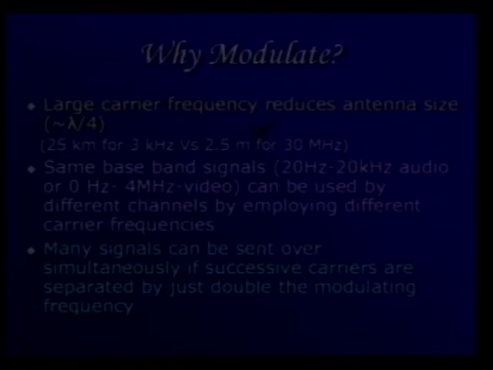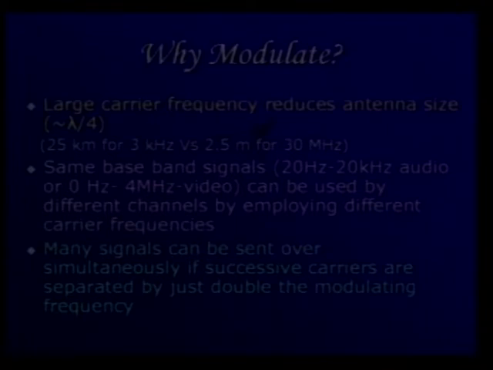Now what do I have? Two carrier frequencies. If I have a signal which is a voice band signal, say 20 to 20 kilohertz audio, or 0 to 4 megahertz video, for example, in this studio my voice is being picked up. The voice signal that I am right now speaking to you with is between 20 to 20 kilohertz. Now this is going on Gyan Darshan 2. Similarly, on Gyan Darshan 1, parallelly you are going to watch another program where another speaker is speaking, whose baseband frequency is again between 20 to 20 kilohertz.